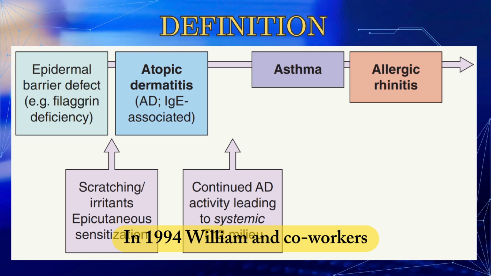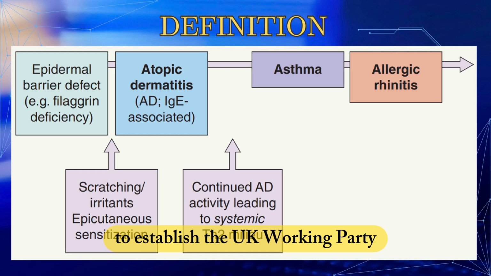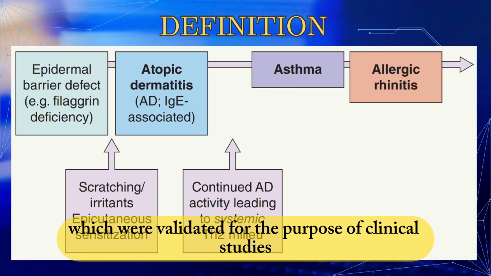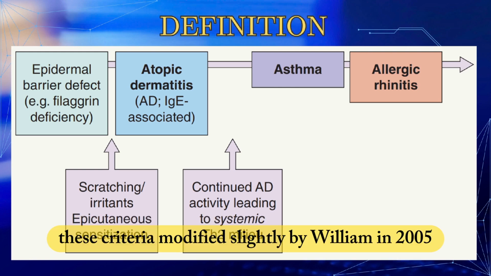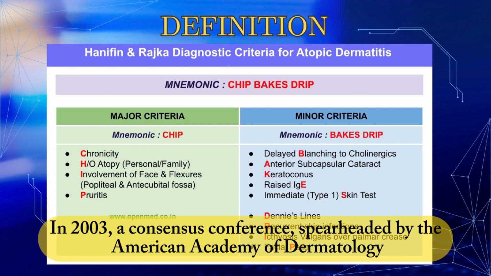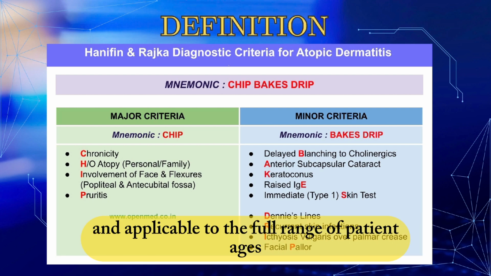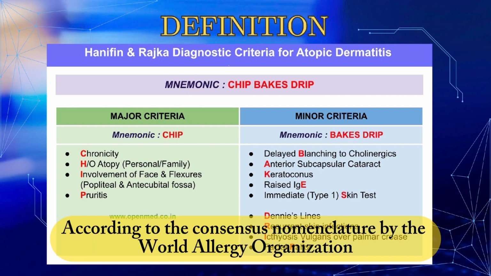In 1994, Williams and co-workers simplified the Hanifin and Rajka criteria to establish the UK Working Party diagnostic criteria for AD, which were validated for the purpose of clinical study. The criteria were modified slightly by Williams in 2005. In 2003, a consensus conference spearheaded by the American Academy of Dermatology suggested revised Hanifin and Rajka criteria that are more streamlined and applicable to the full range of patient ages, according to the consensus nomenclature by the World Allergy